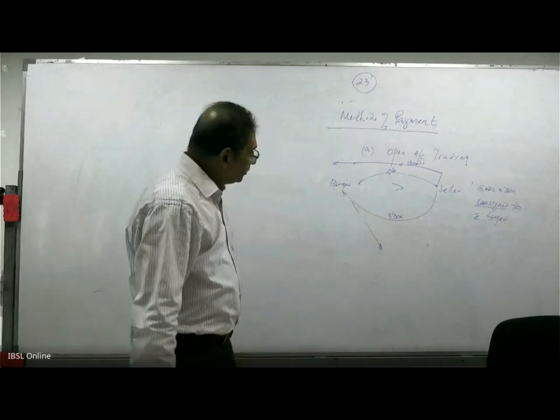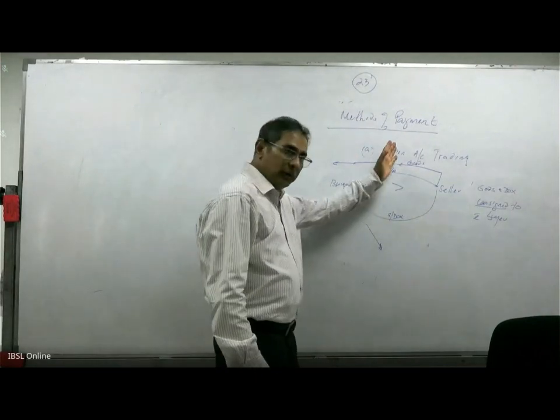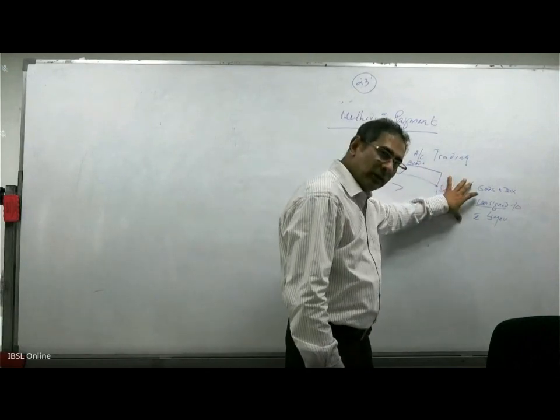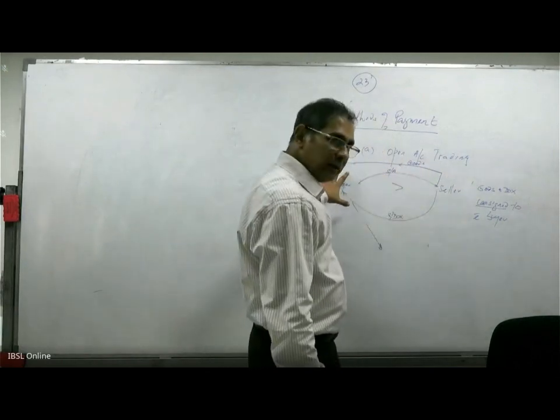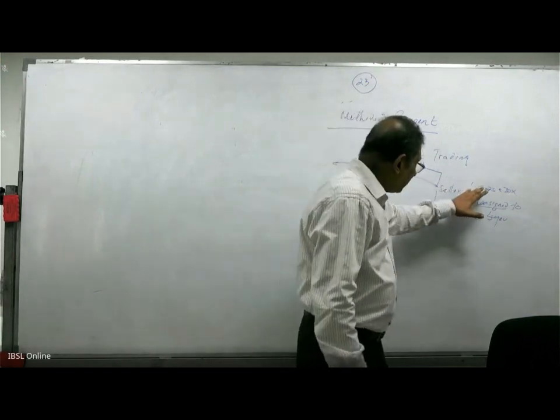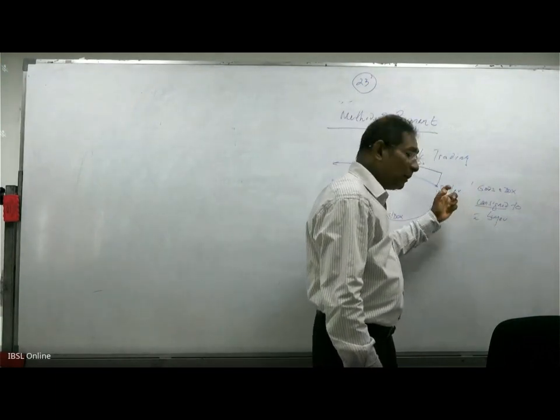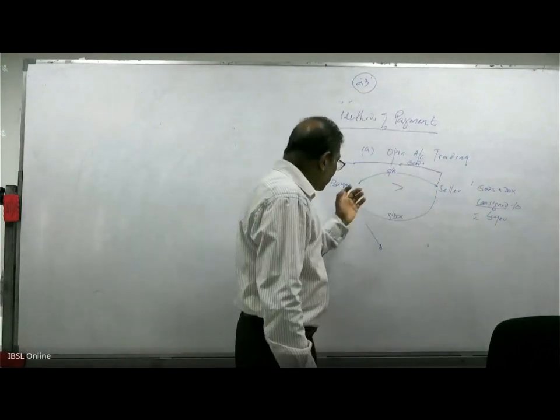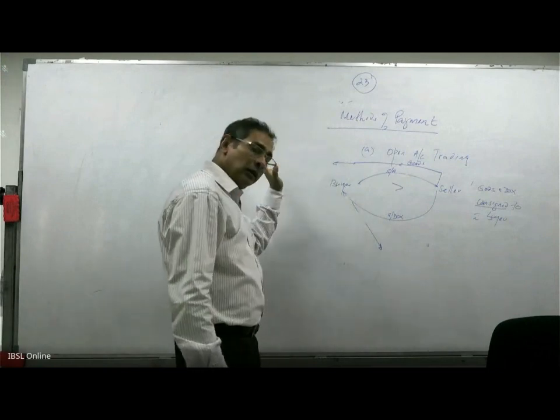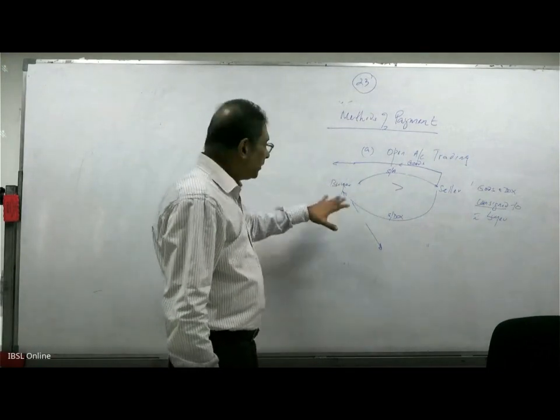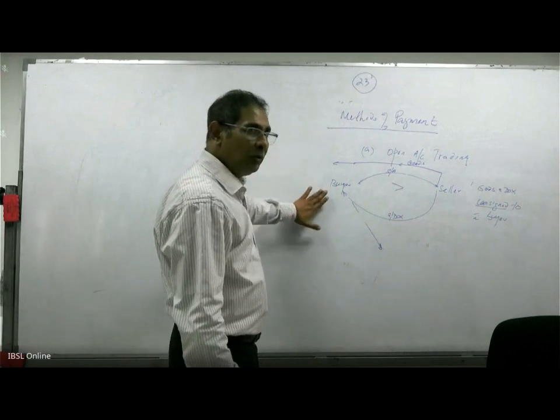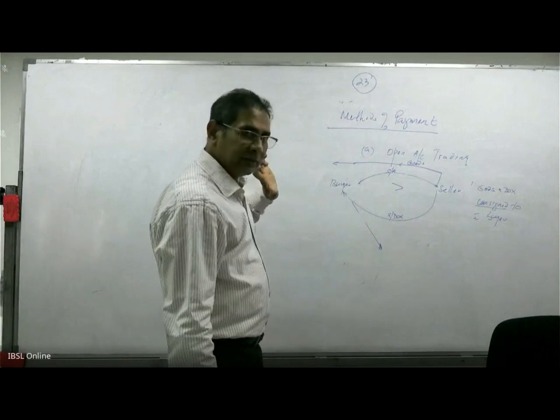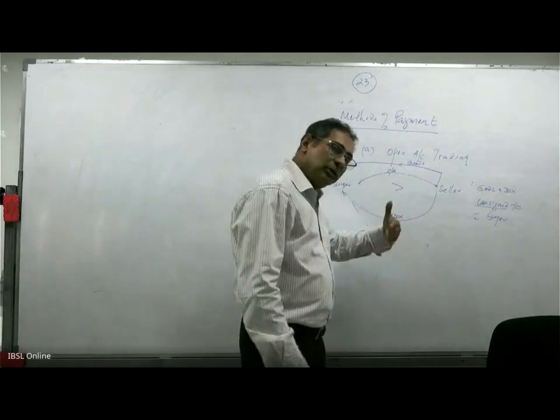Right. A few things we said here. In open account trading, the buyer is dominant. The buyer can find enough or more sellers from the seller's country. The buyer has no dictating terms, and the goods and the documents sent by the seller have to be consigned to the buyer, no bank involved. And once the documents are sent, the buyer will get the goods cleared. For every method of payment, I will not repeat the clearing part after that. Now you know they go to the shipping agent, get the delivery order and get the clearance done. Right. That's the same procedure for every method of payment.